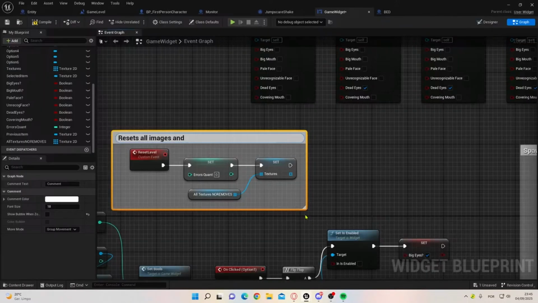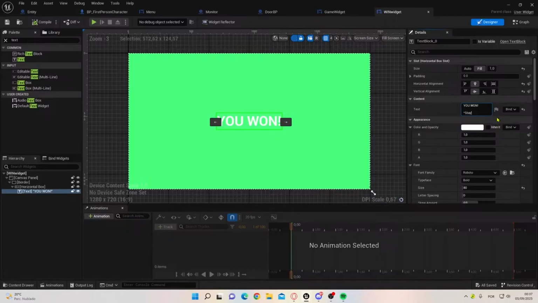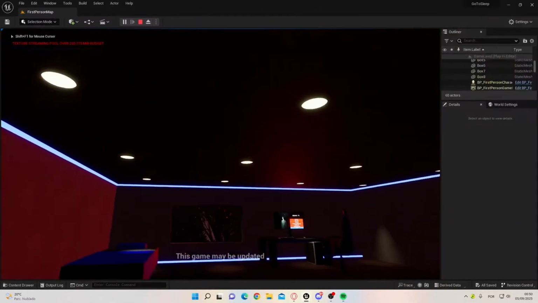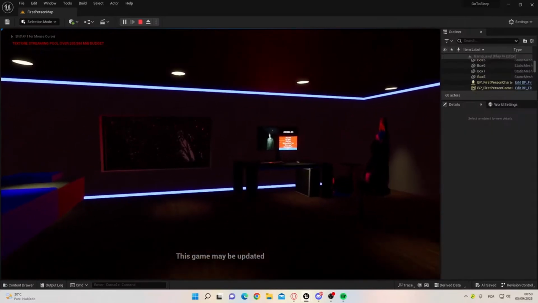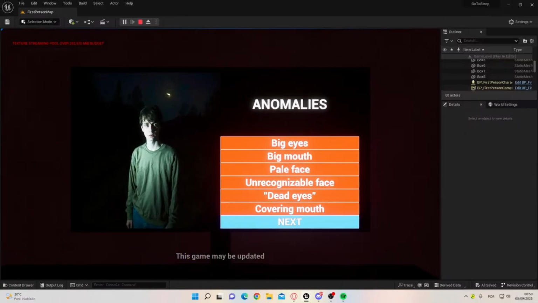I added a reset mechanic. If you sleep in bed, the image is reset and your errors clear. Like a nap system. I finally made a main menu. Just play and quit. Simple and effective. I also added a victory screen. If you go through all the images without dying, you get a big "You won." Congrats, you survived. Here's the final state of the game, at least for now. I even added an options menu later, where you can tweak mouse sensitivity, audio volume, graphics, all that good stuff.